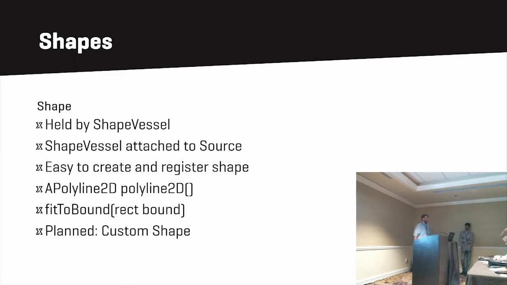We also have shapes, as I said. They are held by a shape vessel, which is attached to the source. It's easy to create and register a shape. Most of the work that's done in shape is done in a method called polyline 2D. And basically what we need you to return there is just a polyline 2D which defines the shape. Then you also have a method called fitBound, which takes the rect, and what should happen then is that your shape should expand to that